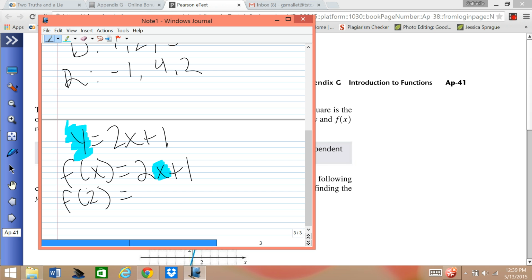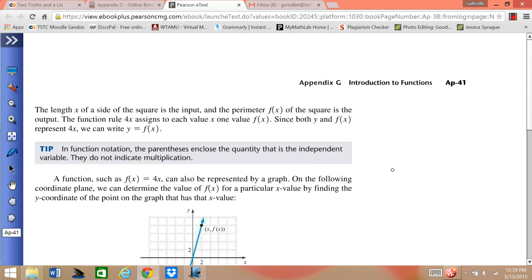So in my example here that I made up, it'll be 2 times 2 plus 1. And then of course you would do that. So 2 times 2 is 4, and 4 plus 1 is 5. So if they give you 2 to input into the machine, this function equation, then your output would be you get a 5 by plugging that in. That's what function notation means, okay? Especially when we're talking about